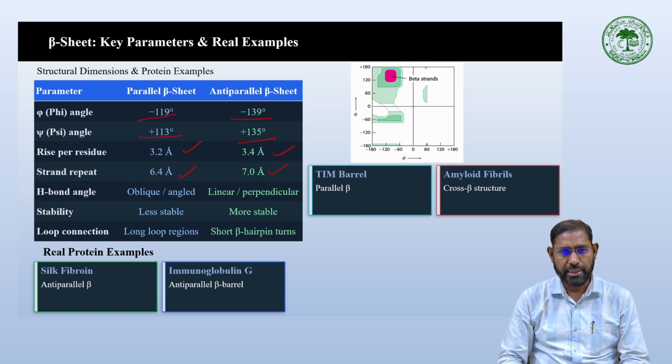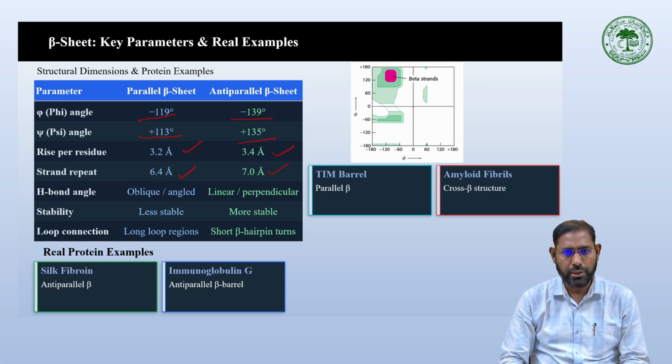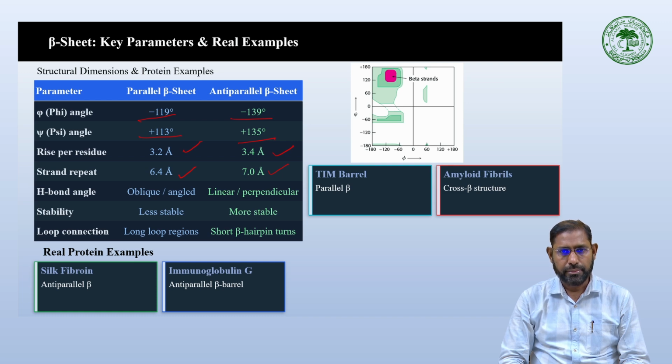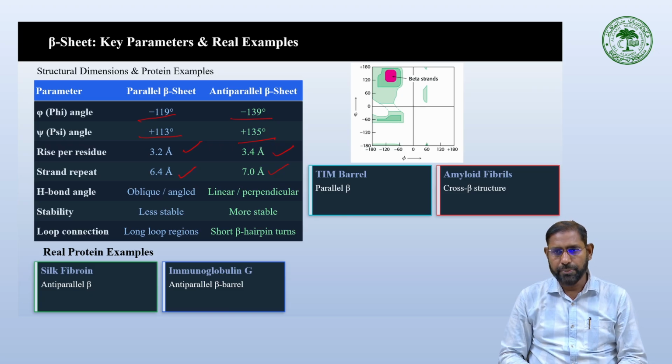Long loop connections occur in the case of parallel beta sheets, and very short beta hairpins in the case of anti-parallel beta sheets. Silk fibroin is an example of an anti-parallel beta sheet, and immunoglobulin is also an example of an anti-parallel beta sheet. The TIM barrel is an example of a parallel beta sheet, and amyloid fibrils